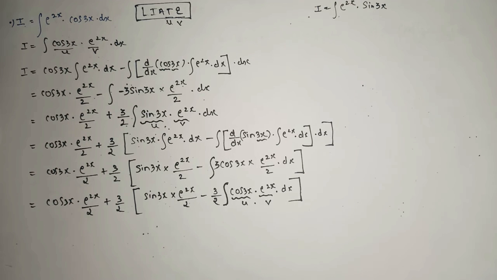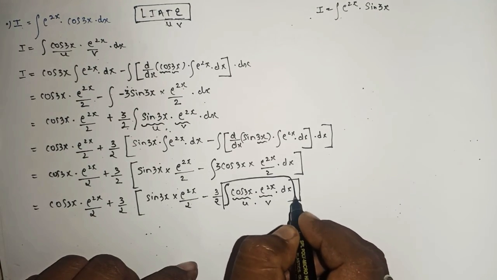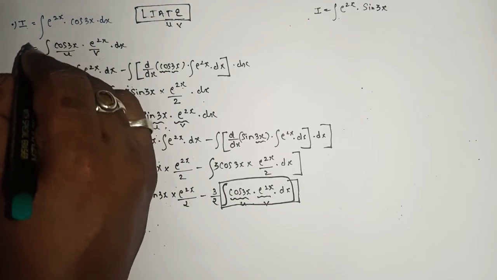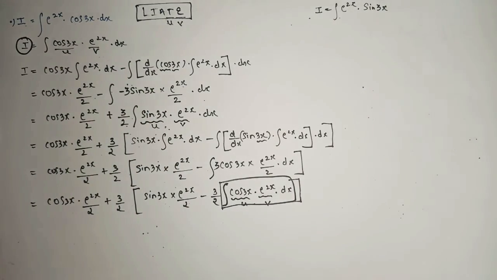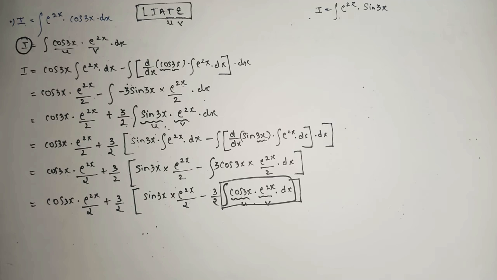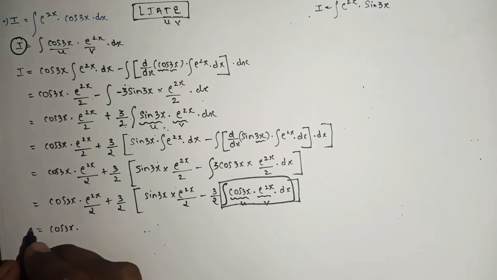It is very simple. So how to break the chain? When you focus on this complete section, can I say this complete section looks like what? I, that question only. So the integral of cos 3x into e raised to 2x is actually I. So how to break the chain? It is very simple here. So simply what you will do,